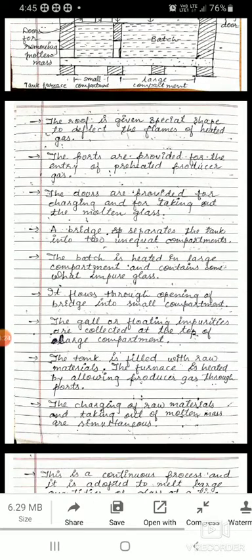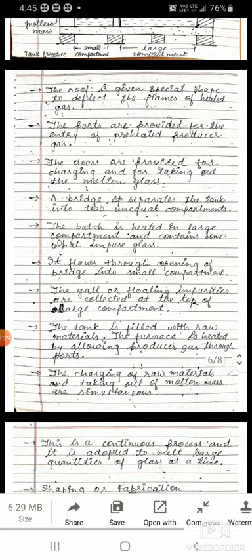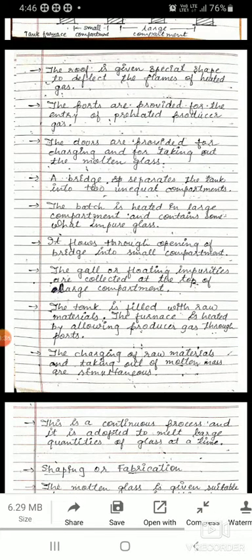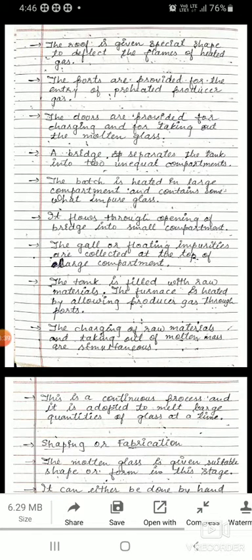And by the heating process the glass will melt, and the glass also contains some impurities. It flows through an opening of the bridge into the small compartment. The molten glass flows to the small compartment through the opening of the bridge.